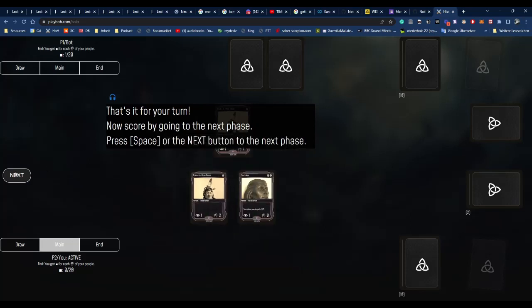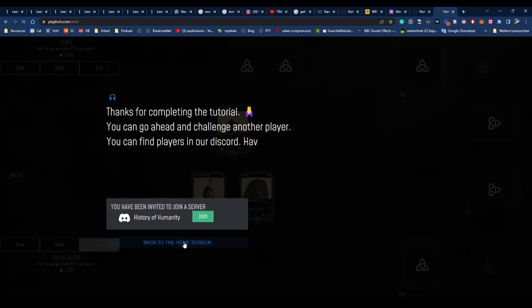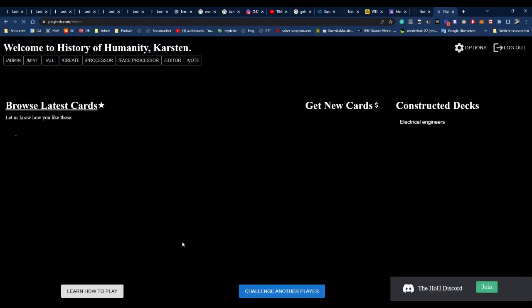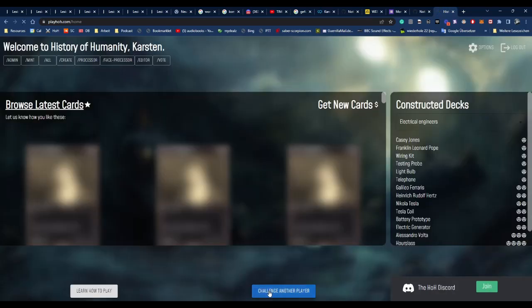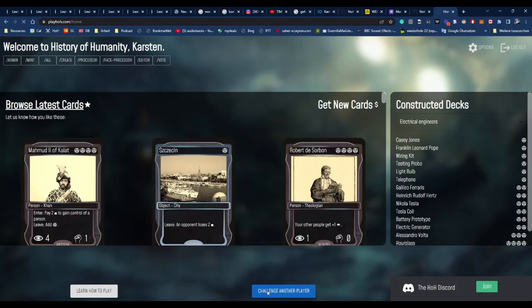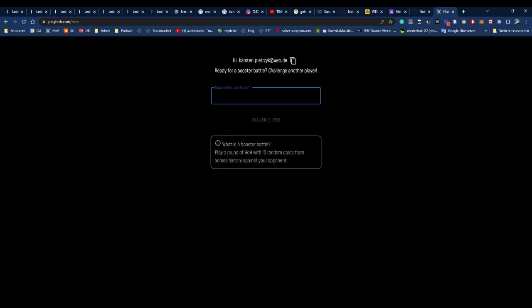So there are currently 4,000 cards in the database, and when you play a normal game against another person, you will just get 15 random cards from this pool, and the other person as well, with randomly generated text. So when you play a game this way online,